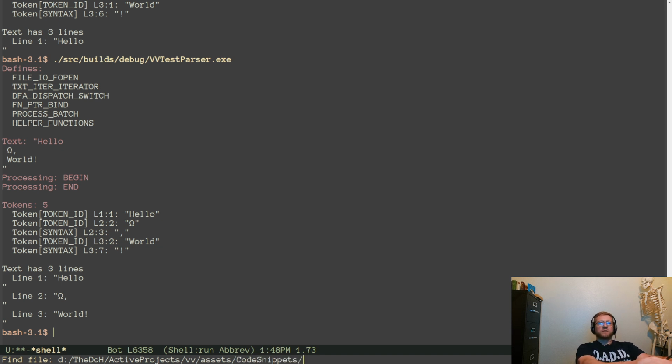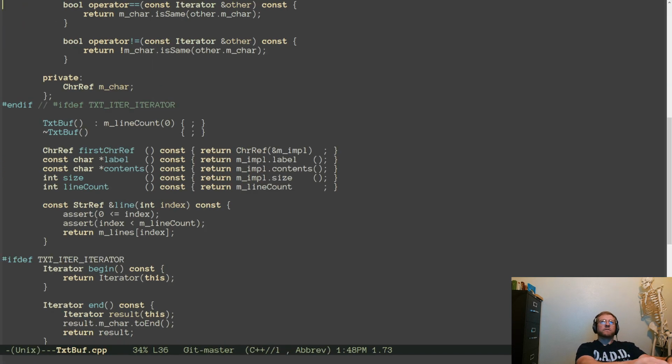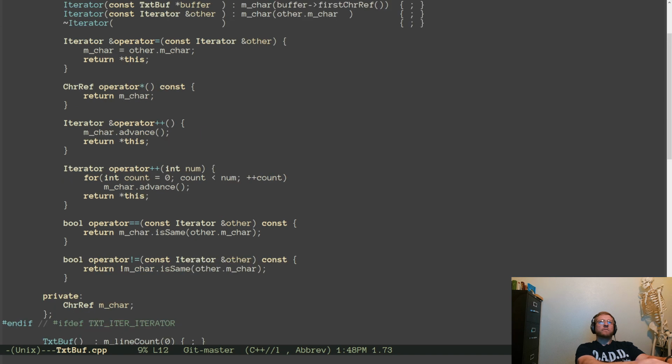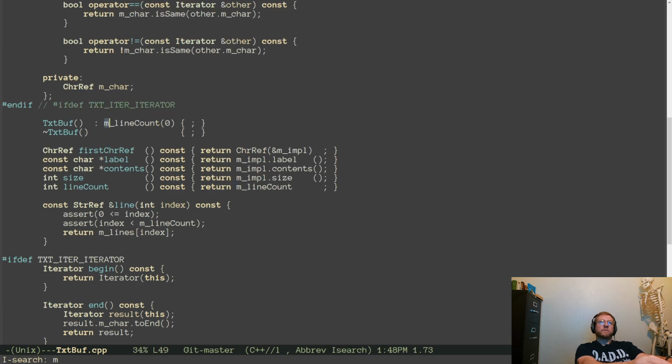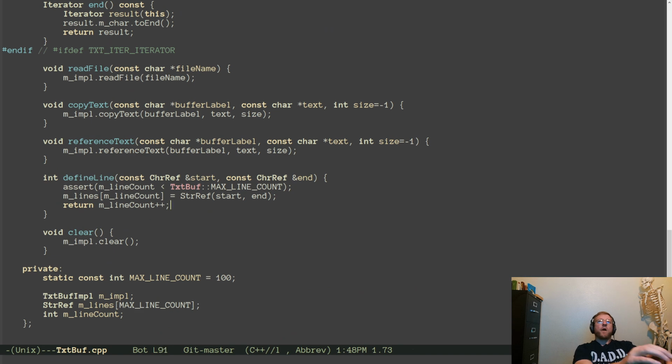Oh, code snippet. TxtBuf. We mark the define line. Okay.